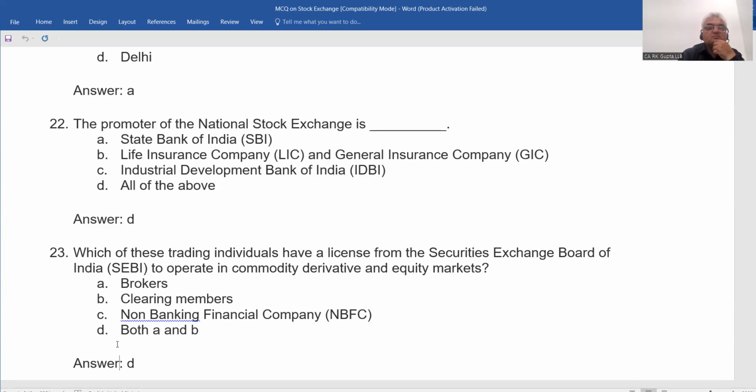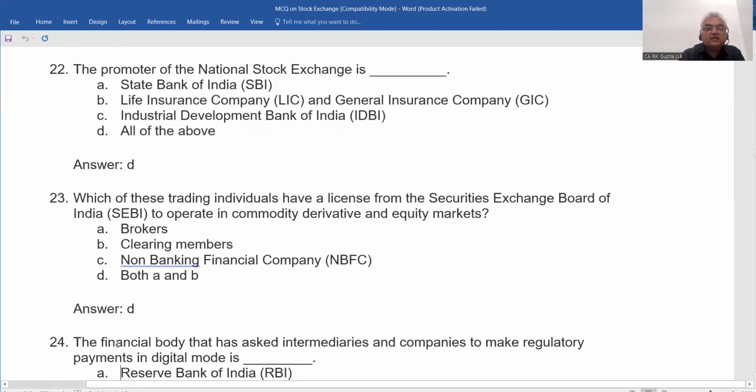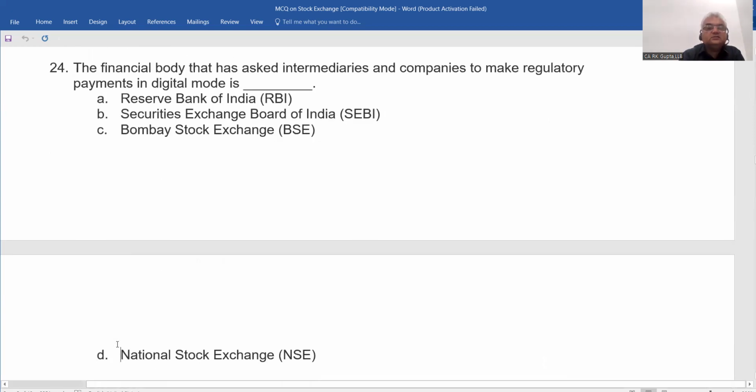Because it is a trading license. Brokers, clearing members. So the answer is brokers and clearing members. Okay. The financial body that has asked intermediaries and companies to make regulatory payments in digital mode is